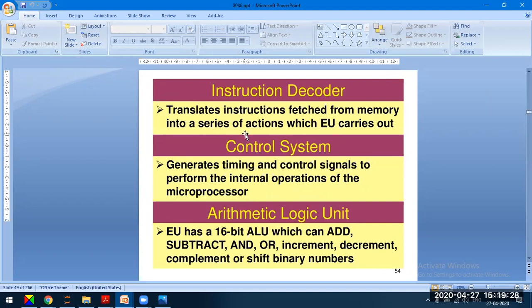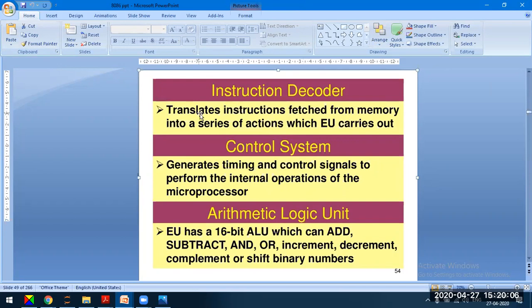So what is decoding basically all about? The instruction fetched is in terms of zeros and ones. For the CPU to understand what to do with the instruction, or what the instruction is trying to say, this instruction, which is in the form of operation code, that is binary numbers, has to be converted into a form so that the execution unit, the ALU, can understand. Accordingly, the ALU can execute the instruction by taking the data from the memory.